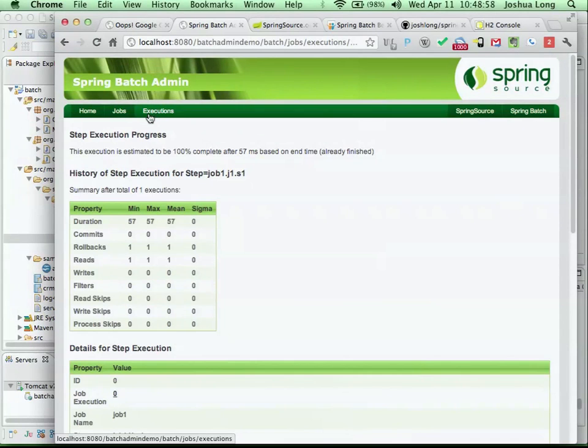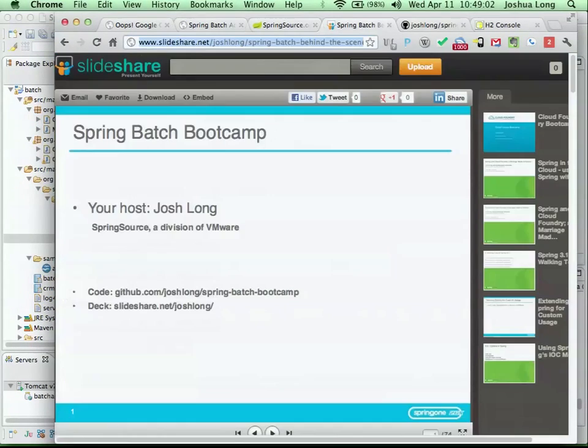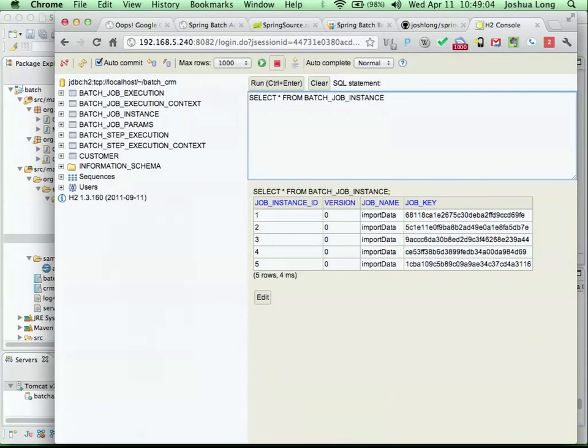All this information is being persisted to a database, and that's all Spring Batch admin is doing: giving you information that it's plucking from this database. The APIs that you see for executions, job instances, job executions, step executions, all come from these tables. That's the interface point to find out what's going on with the batch job.